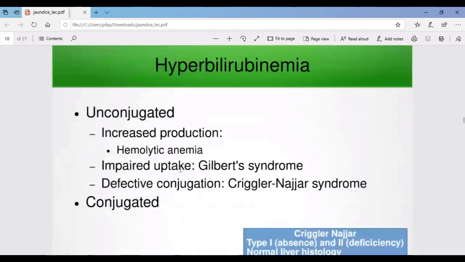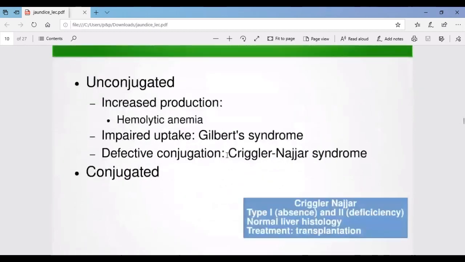It's a metabolic error which is hereditary. We have two types, type 1 and type 2. One of them is complete absence of the responsible enzyme for conjugation, and one is just a deficiency of the responsible enzyme. One of them is dominant in inheritance. The other is recessive inheritance. Normally, we have a normal liver histology, but the problem is this occurs in neonates, and in those neonates, they